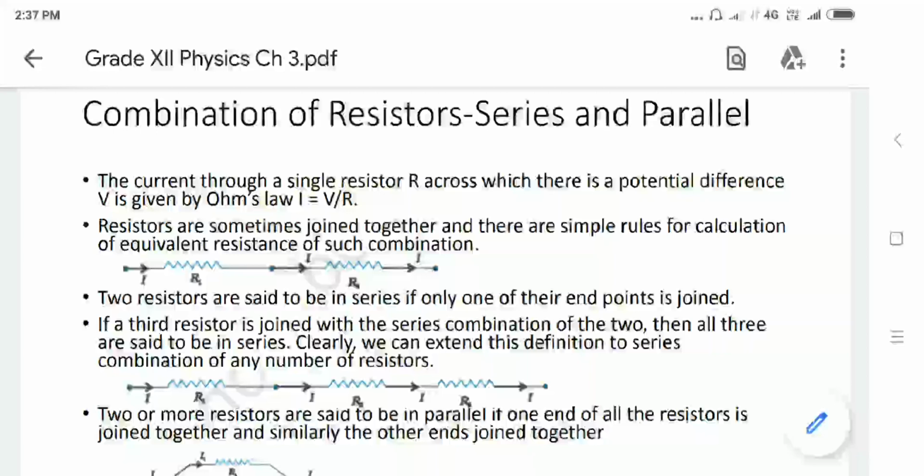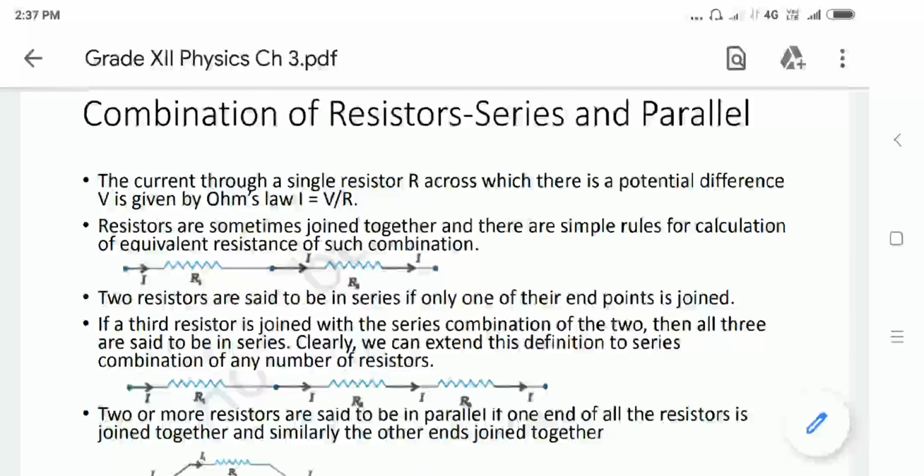While we connect a supply with this network, there is only one path through which current can flow. So we can say that in series, the current remains the same, transferred through both the resistors. Likewise, we can connect any number of resistors in series, as shown in the second figure.